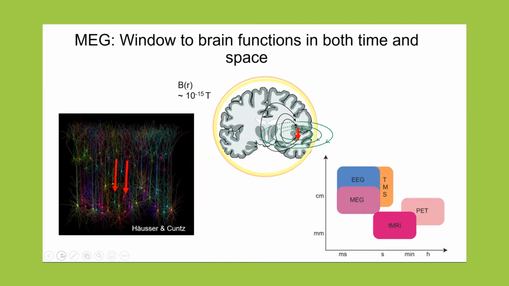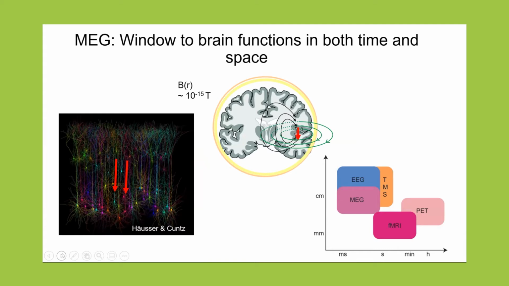So MEG provides a window to brain functions both in time and space. With MEG, we measure the activity of neuronal cells in the brain at millisecond scale by addressing the tiny magnetic fields that are produced by the neural activity. These fields are undisturbed by the skull and scalp, and thus the localization accuracy of MEG as a method is also very good. The magnetic fields are produced by tens of thousands of simultaneously activated neurons, but they are still